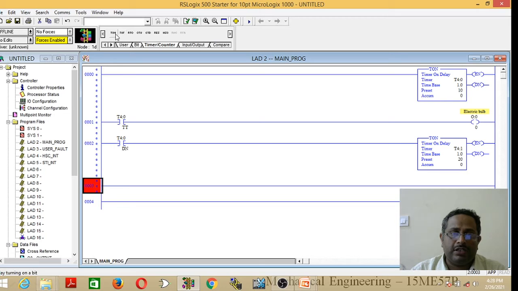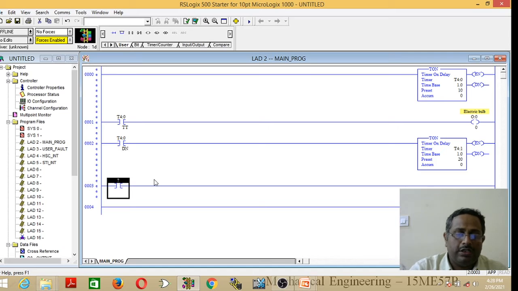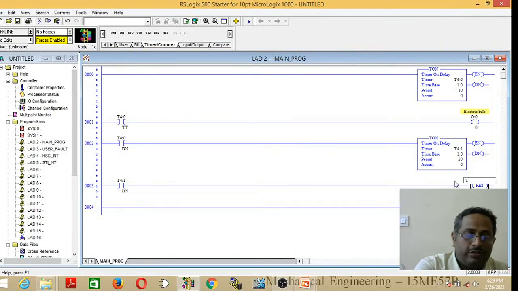So add an open contact, go to User, add open contact, type T4:1/DN, and you have to add a timer reset, that is RES in the timer menu. Click on this rung, select it, click on RES. Here you have to give which timer you have to reset, T4:0.